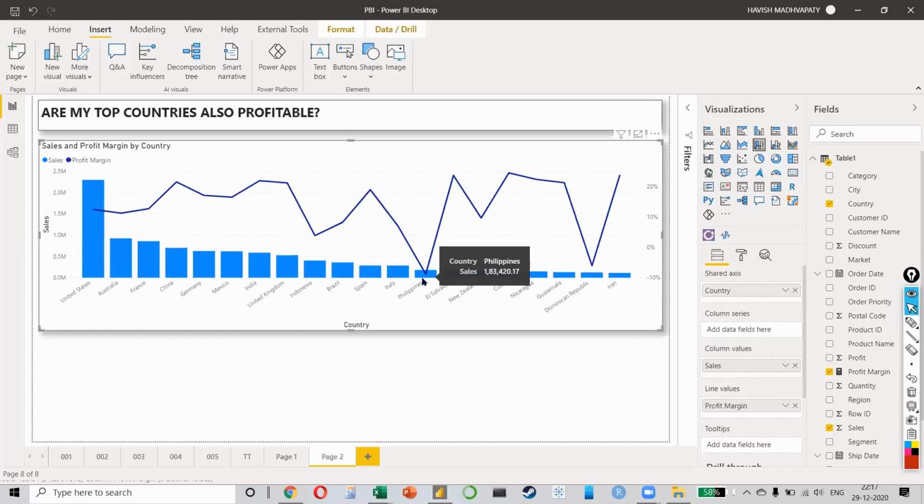Usually, if you present a chart like this, people assume that your 0 will be at the x-axis, and they will think that there is no number less than 0. But if you notice, Philippines has minus 8.79. But it's not very clear that Philippines is minus 8.79, right?